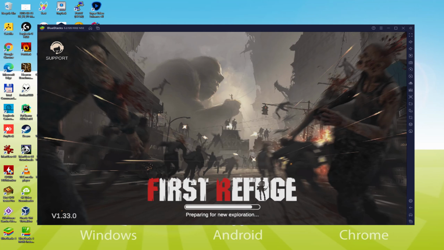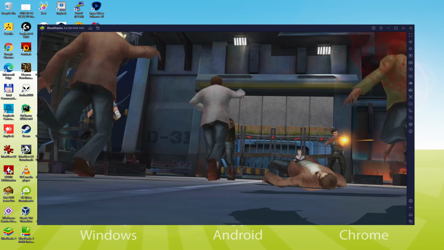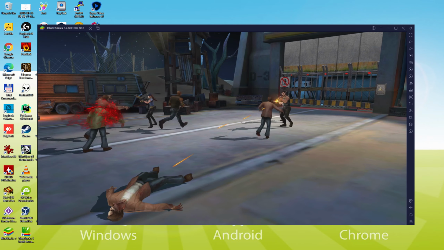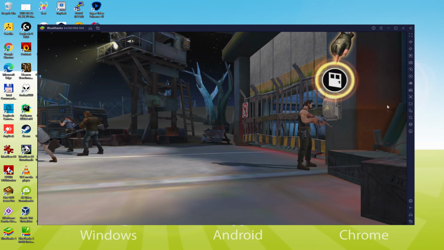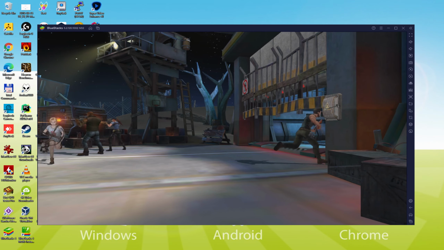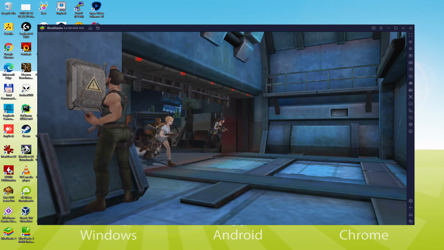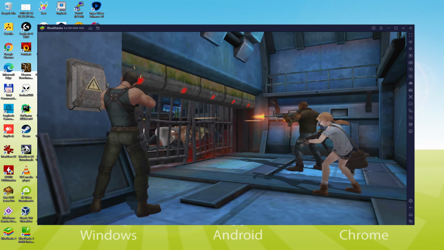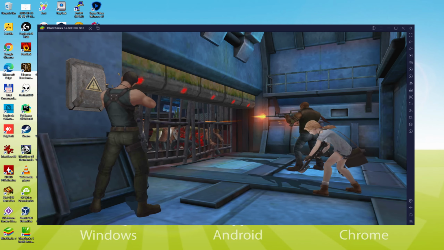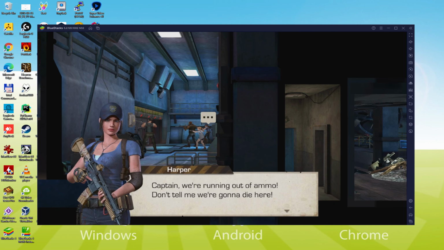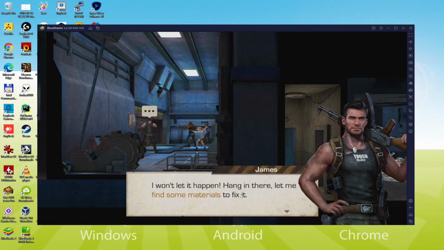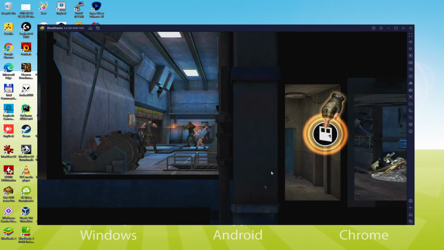Today we are going to see how to play First Refuge Z on PC using the brand new BlueStacks 5, that is designed for blazing fast speed and high-octane action. It packs a punch with mega performance upgrades and it has faster performance than any other high-end Android device or Android platform. We will be able to easily download and install First Refuge Z and enjoy the game on our Windows PC with keyboard, mouse and big screen thanks to BlueStacks 5, which is the Android emulator that we recommend to play First Refuge Z. So without further ado, let's get to it.